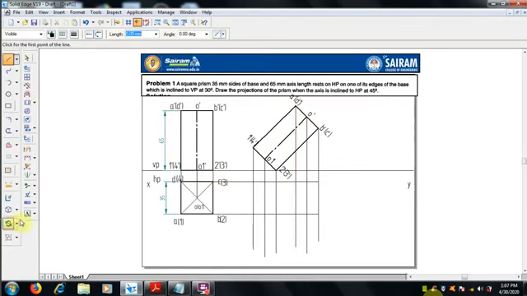Once the projector lines are done, mention the notations everywhere, the top and bottom face where the intersections of 1 2 3 4 and A B C D are. So here the intersections, let me name it as A B C D 1 2 3 4.